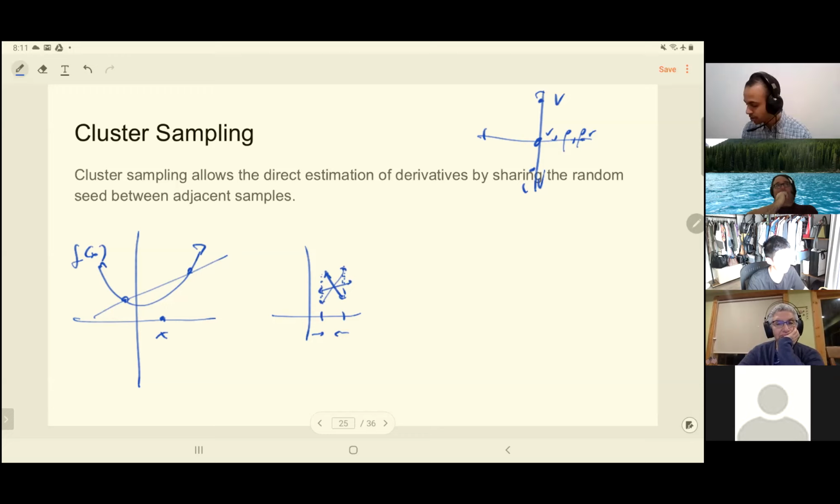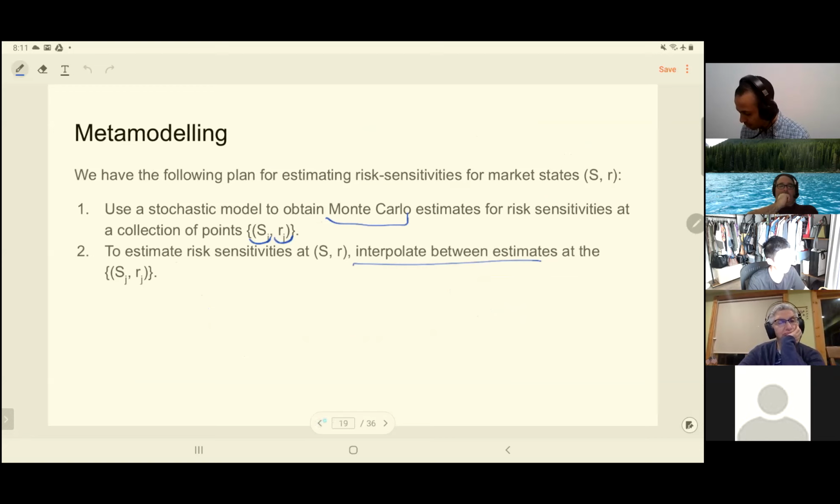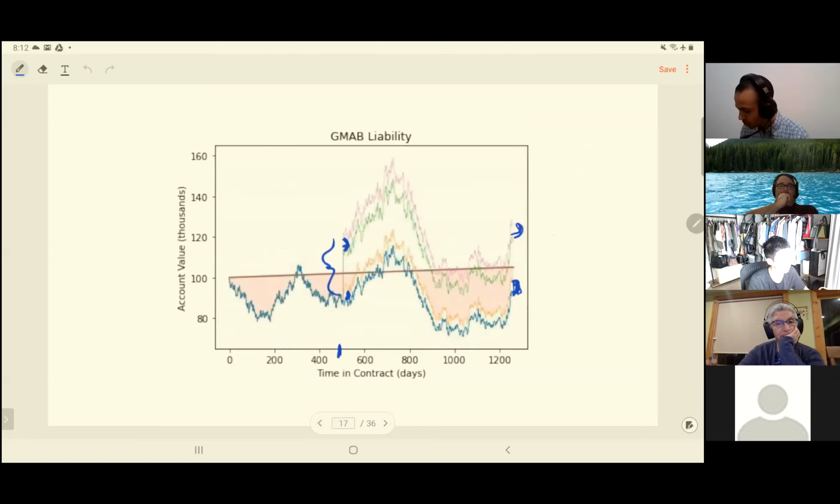Now, it turns out that there is actually a way to mitigate it. And what ends up happening is that you end up with the same sort of spread, but you end up with slopes that are more correlated. And this actually corresponds, I should have repeated this picture again, but it corresponds to doing this sort of estimate here. So if you run a simulation, remember, in this Monte Carlo simulation, you sample the future behavior of the stock market, starting at this sort of time here. If you couple these estimates so that you run a single simulation and then bump it a little bit,